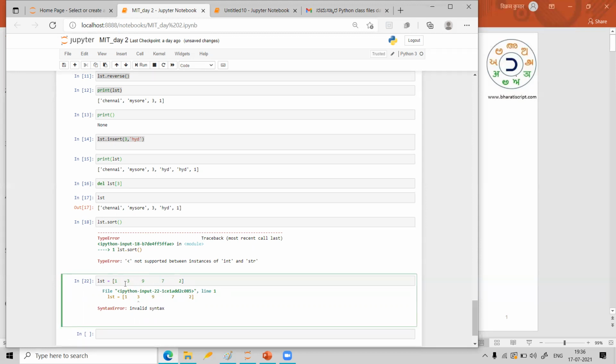Space is not sufficient. Why am I getting these doubts, you may wonder, because before I came into Python, I was using MATLAB. In MATLAB, when you wanted to declare an array, you can give space or you can even give comma.